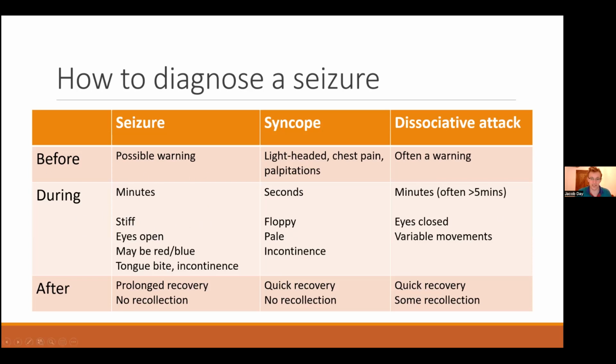In terms of differentiating a seizure from a dissociative attack, that can be a bit tricky. More commonly, someone's eyes are closed in a dissociative attack and open during a seizure. If someone's going blue and cyanosed, that's much more suggestive of a seizure. Lateral tongue bites are really suggestive of generalized seizures. Okay, incontinence is not that great, because a lot of people will be incontinent with syncope. And just going back to the tongue bite, a bite at the tip of the tongue is not such a good sign, but a big lateral tongue bite is very suggestive someone's had a convulsive seizure.